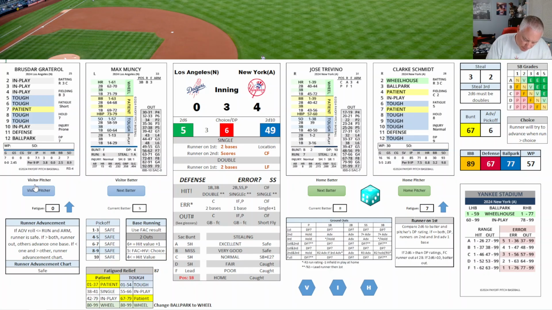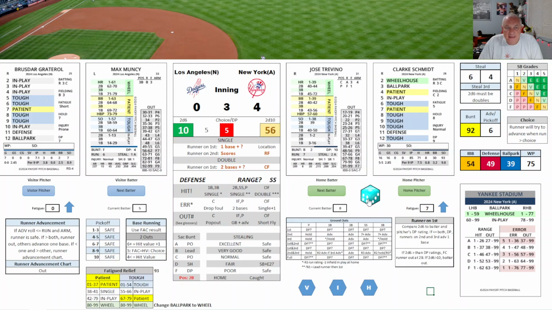So Buehler goes 2 1/3, gives up 5 hits, 4 walks, 3 Ks, still could give up another run. So now what I'll do for relief pitchers is I'll look at their relief stamina, which is the average number of batters per outing. It's a 4, and I'll adjust it based on these numbers. If it's off by, let's say 2, it has to be off by 2. So if that was a 4, I'd add 1, but it's not. It's within 1, so he's going to stay as a 4. So Graterol's a 4. He can face 4 batters. Runner on first, 1 out.